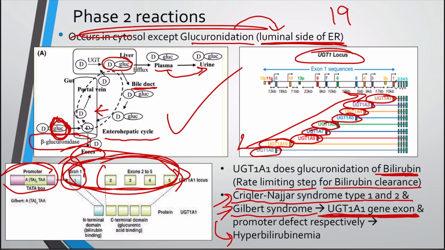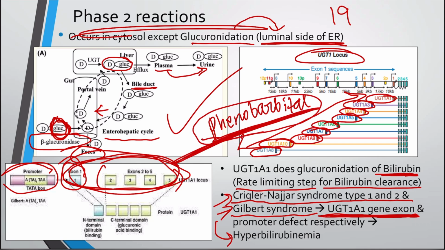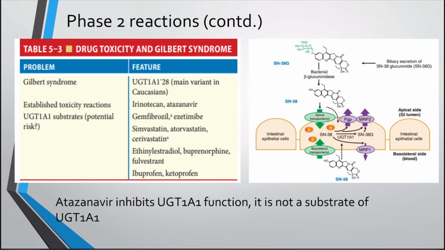So here, in Crigler-Najjar syndrome type 2, we can use agents that induce UGT1A1 gene expression, such as phenobarbital. So we can use drugs like phenobarbital, which is responsible for inducing the UGT1A1 enzyme, for the management of Crigler-Najjar syndrome type 2. Now, these are basically the variants which are responsible for causing Gilbert syndrome. As you can see here, UGT1A1 star 28. This star 28 basically means the star allele which is responsible for